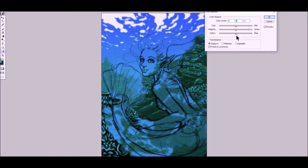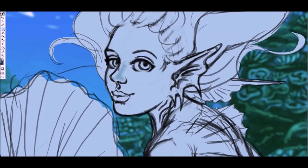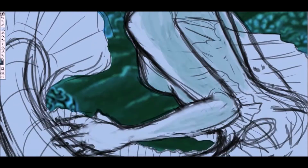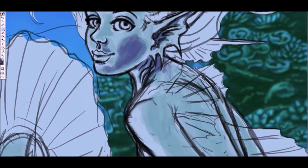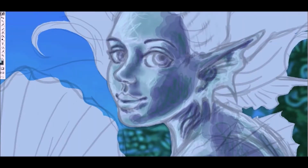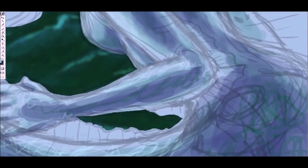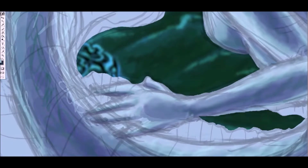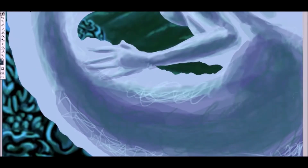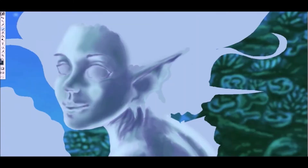I also wanted it to be a sort of solid color background because that's what the original one had. This is probably the most tedious part of the entire thing. I put down some colors and then I go over them with the smudge tool, and it's probably not necessary, but I just like to do it because it gives me an initial painter-like feel. I'm just testing out colors, and now I'm going in with just a large fuzzy brush and smoothing everything out,